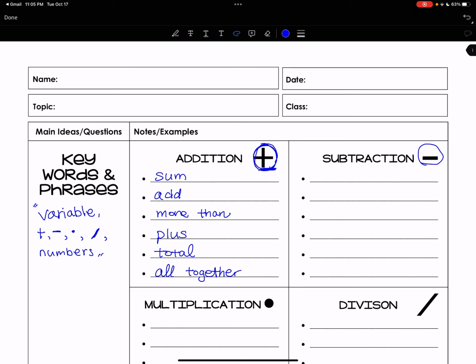So when you see difference, so when you have to figure out the difference between two values, or when you see minus or less than, then you should be thinking of subtraction, and something is decreased or subtracted from, or when you're seeing a word like coupon,